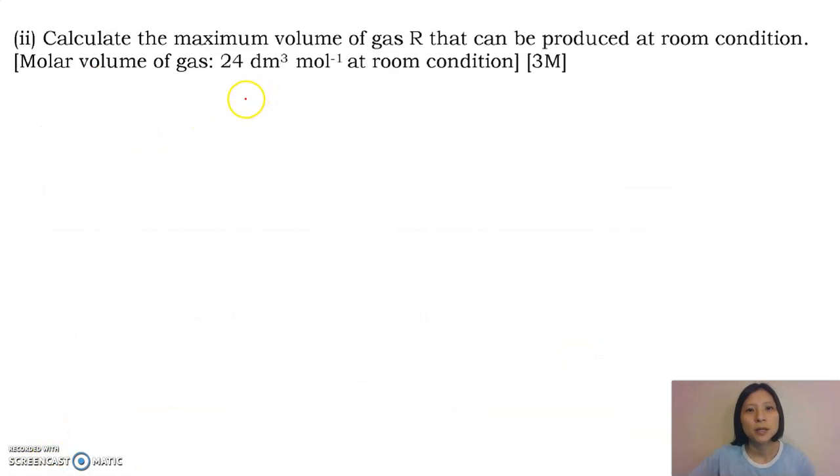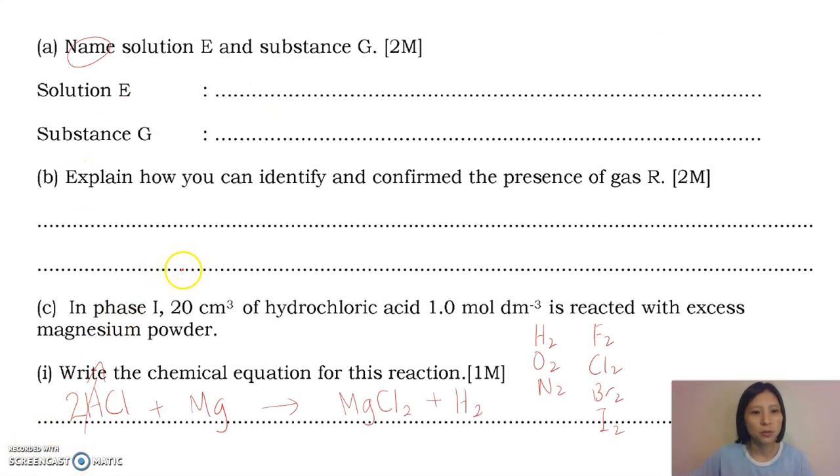Maximum volume of gas R that can be produced at room condition. Let me just rewrite the equation here so that it's easy to refer to. So we have HCl plus Mg, MgCl2 plus H2, and we want to balance the equation by putting a 2 in front. So from the question earlier, we're given hydrochloric acid that we use 20 cm cube,